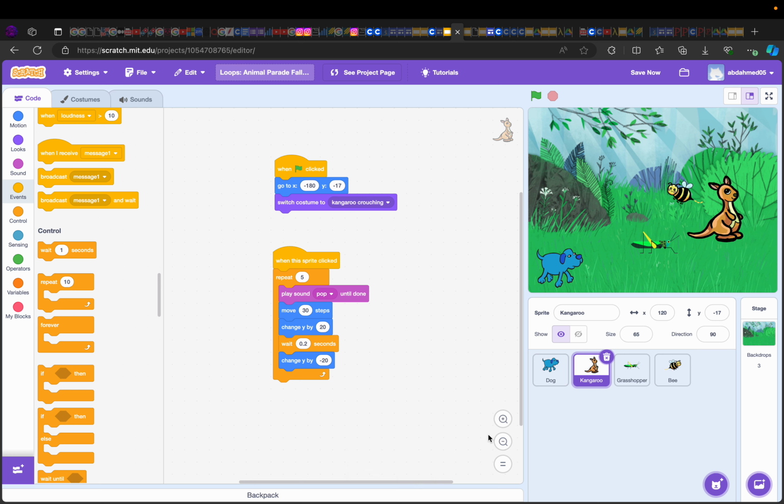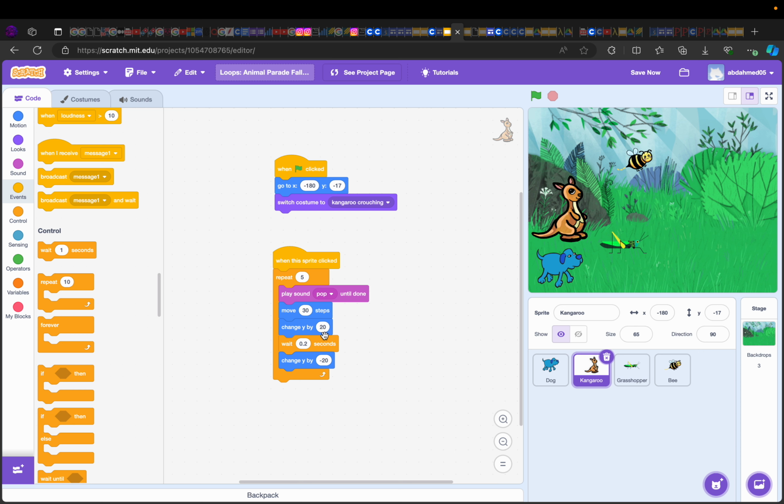Kangaroo sprite. The story of my code is I wanted the kangaroo sprite to hop forward like a real kangaroo would, and so I used a repeat statement which repeats 5 times to make the kangaroo hop forward 5 times, and every time the repeat block runs, it plays a pop sound